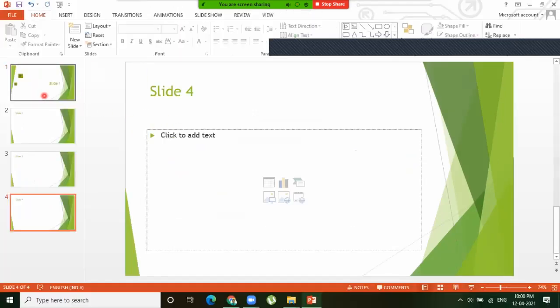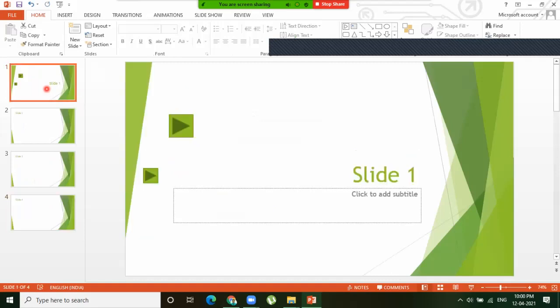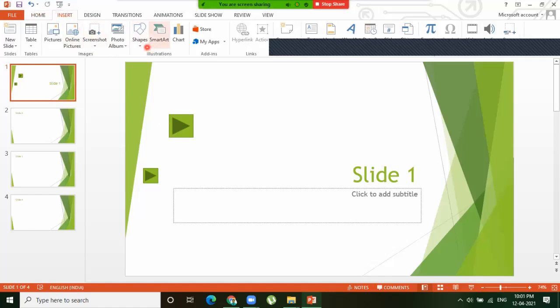Not only to move to the next slide or to move to the previous slide or to move to the last slide, we can connect a video, or we can connect a presentation, or we can connect any document to these action buttons, so that when we click these action buttons, that particular file or video is going to open automatically. So let's take another example.